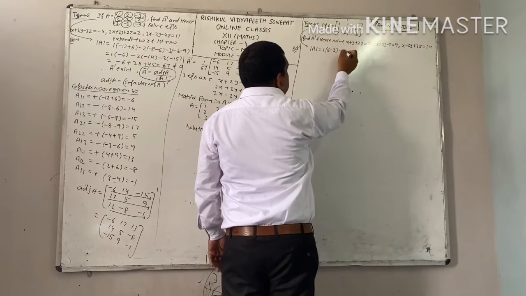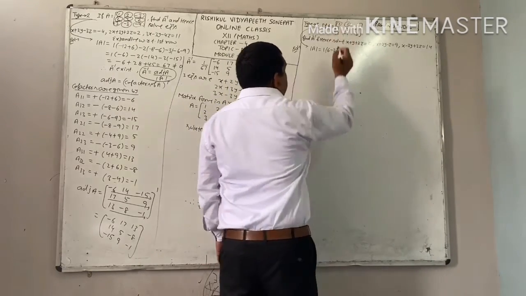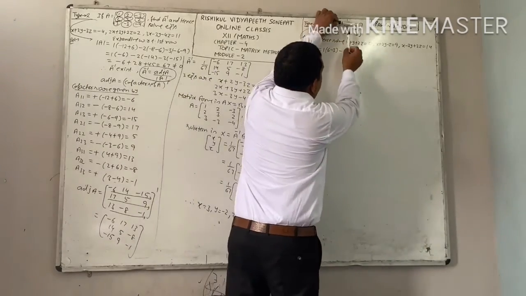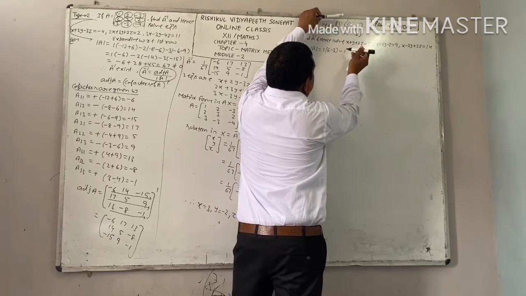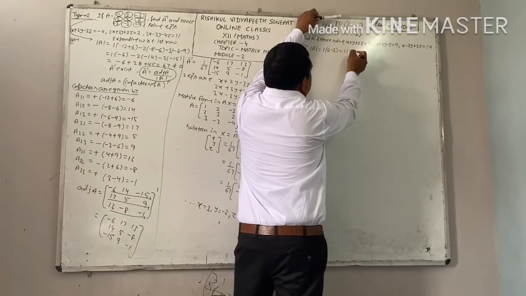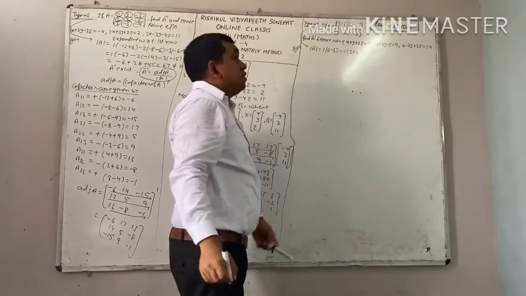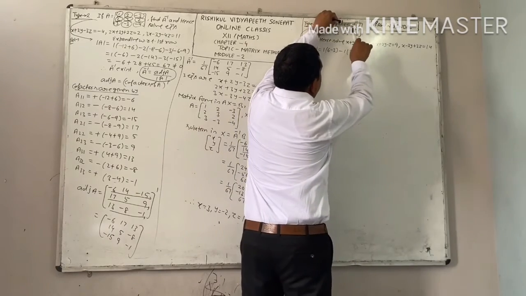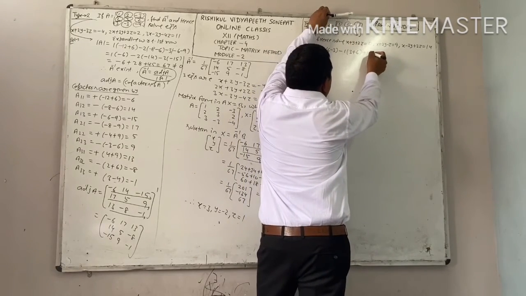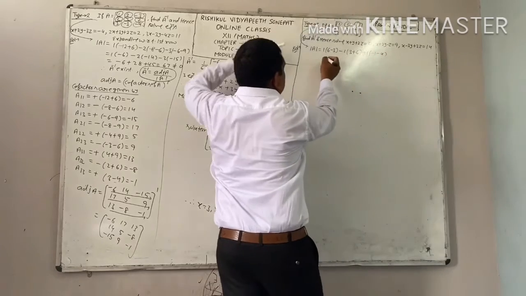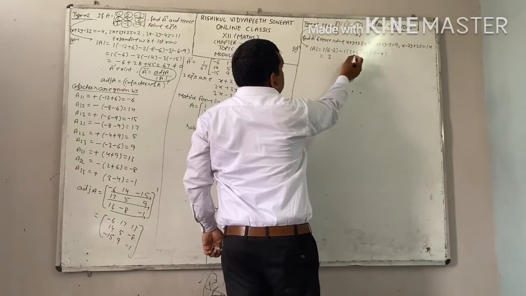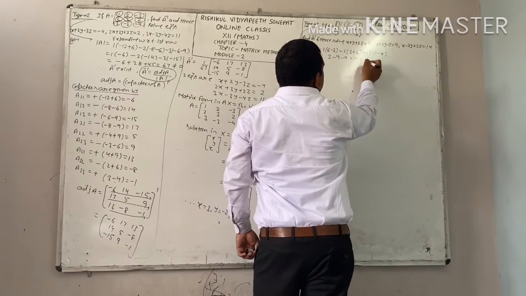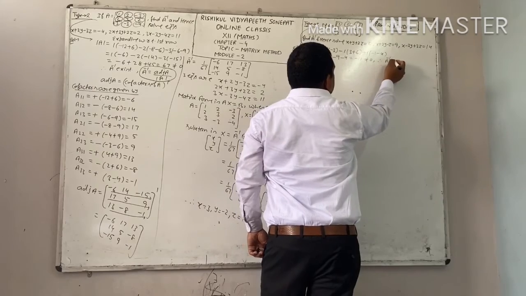Now for this one, for the middle entry, negative sign will come. Cancel horizontal, cancel vertical. This is your 3 plus 6. Last one, plus 1 into horizontal, vertical. This is your minus 1, minus 4. You will get 3, this is your minus 9, and this is your minus 4, minus 11. Not equal to 0. Therefore, you will say A inverse exists.